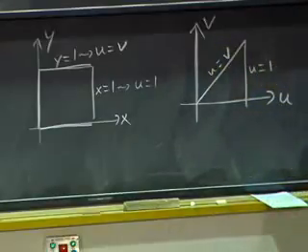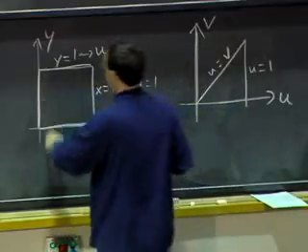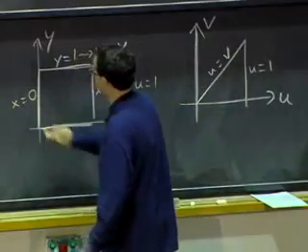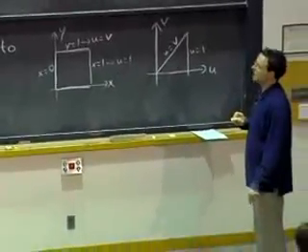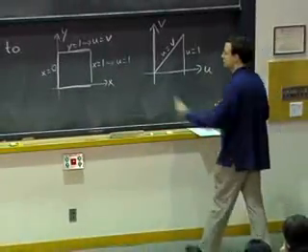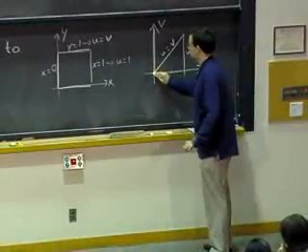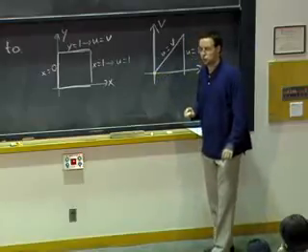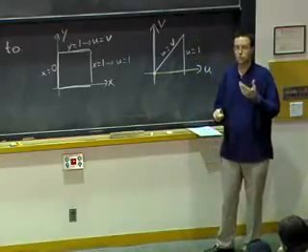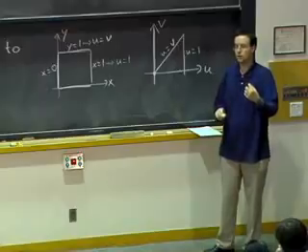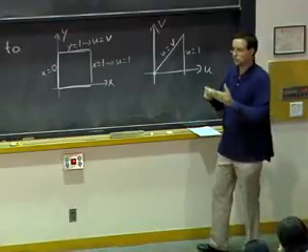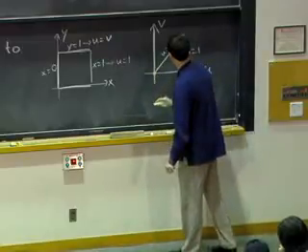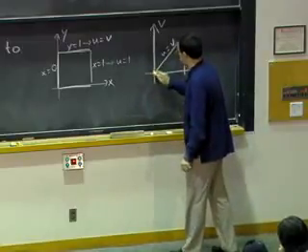Now we have the two other sides to deal with. Well, let's look at this one first. That was x equals 0. What happens when x equals 0? Well, both u and v are 0. So this side actually gets squished in the change of variables. It's a bit strange, but it's a bit the same thing as when you switch to polar coordinates at the origin. r is 0, but theta can be anything. Sometimes one point is not always one point. So anyway, this is the origin.